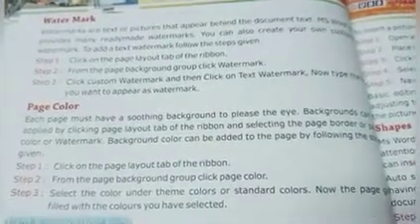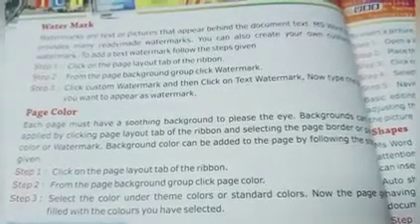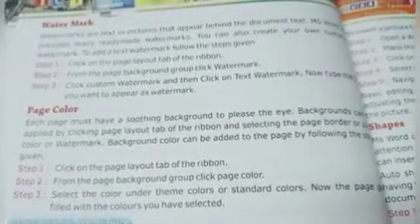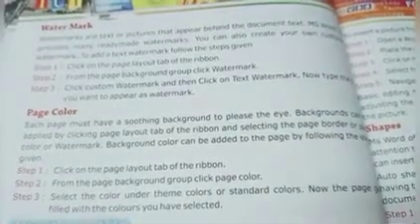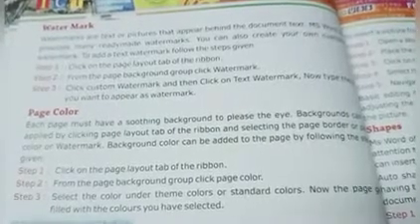Step 1. Click on the Page Layout tab of the ribbon. Step 2. From the Page Background group, click Page Color. Step 3. Select the color under theme colors or standard colors. Now the page is filled with the